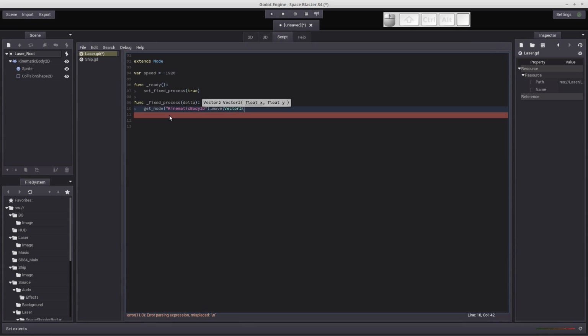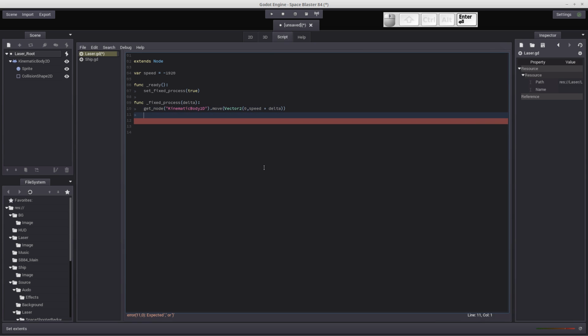We don't want to move it at all in the X direction, side to side. We just want to move it from the bottom to the top. So X is 0, and Y is going to be our speed variable that we defined up top there, and we need to multiply that by the delta, right, so that we get a smooth 1920 pixels per second. Okay,